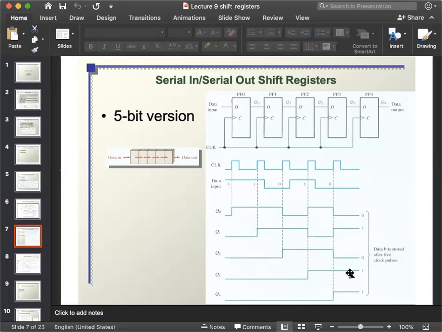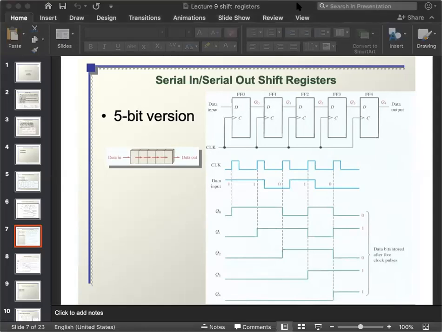A timing diagram is already in your assignment question, so you have to complete this one. Okay, so this is the way you will draw the timing diagram. From this lecture 9, you have to draw a timing diagram. Okay, so this is your lecture 9. Next we will move forward with lecture 10.